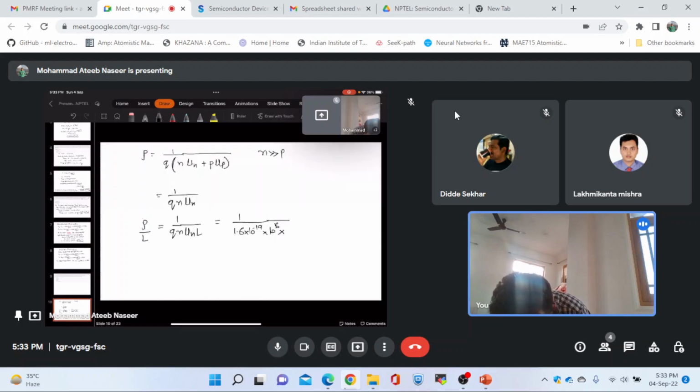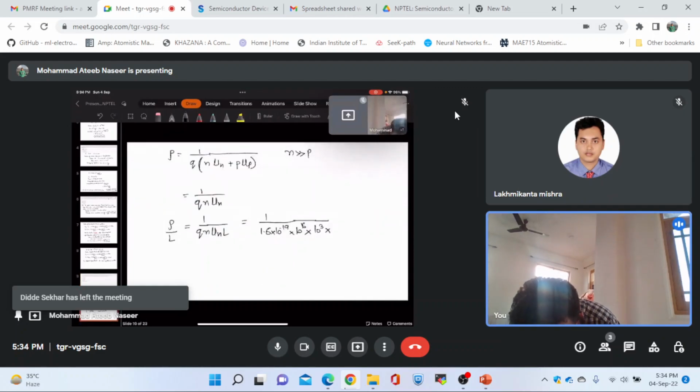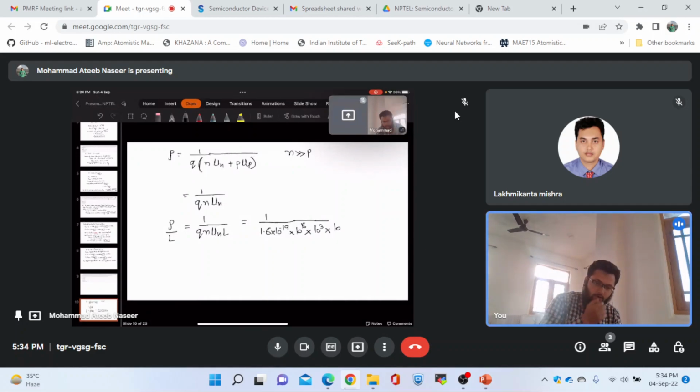The length is 10 micrometer. Since I have written all the quantities in centimeter, I should write it in centimeter as well. It will be 10 into 10 to the power minus 4 centimeter. So if I solve this